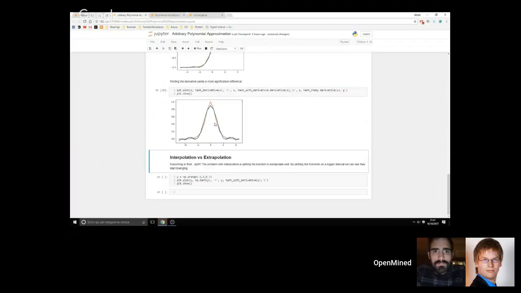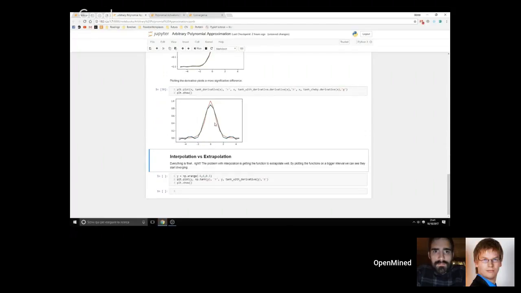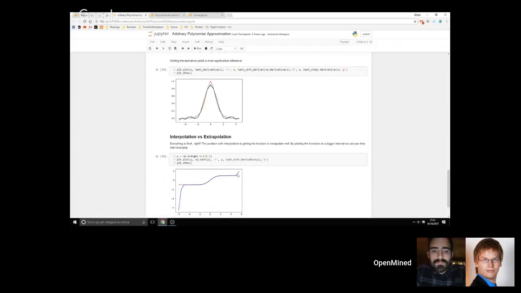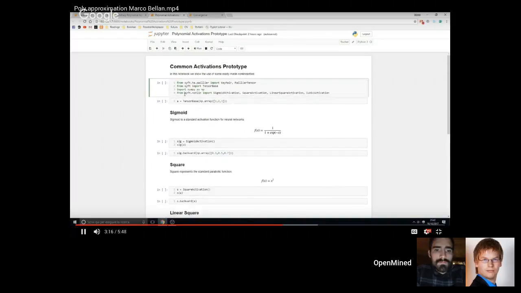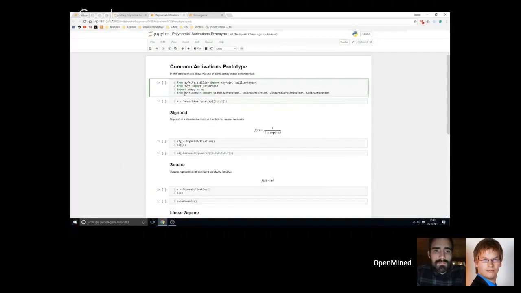And one thing to keep in mind is that interpolation always happens on an interval. So if you try and pick some data points and evaluate the polynomial outside of that interval, then you will see the original function and the polynomial start diverging. So it's really important to make sure that you've got a quality approximation that behaves well and doesn't diverge too much. And in order to make sure this is the case, we're carrying out a lot of tests using Keras